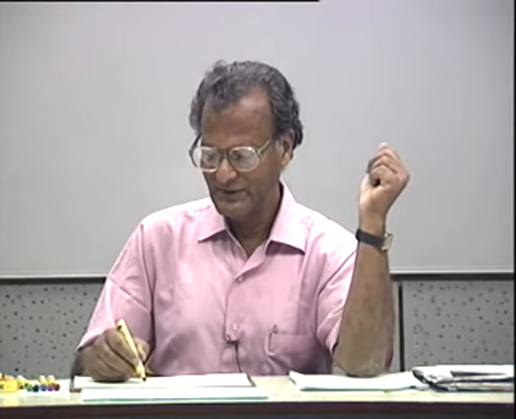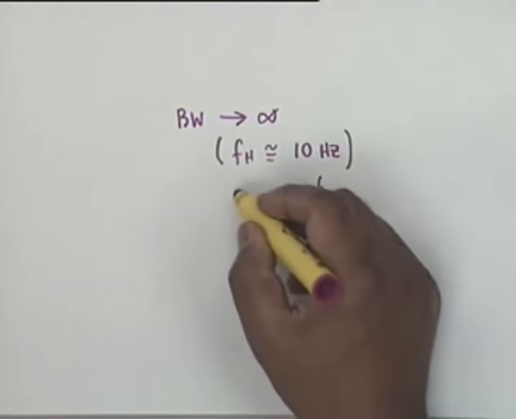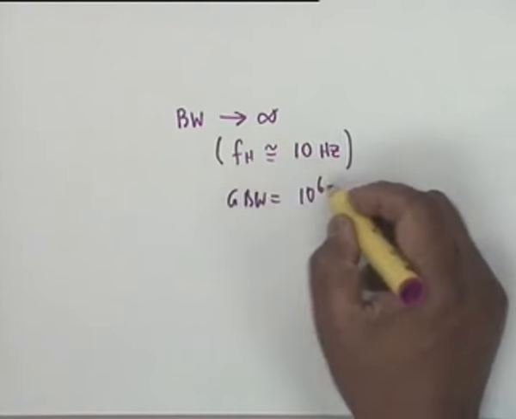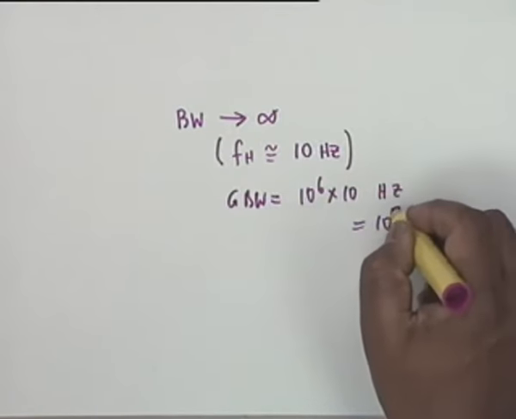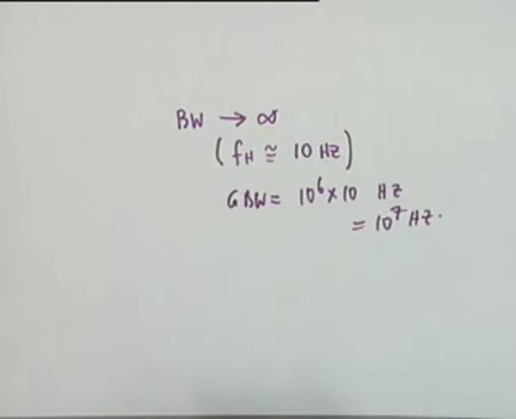The question is, how do you use an op-amp then at 100 kilohertz or 200 kilohertz? What we do is we apply negative feedback to decrease the gain and increase the bandwidth. The gain bandwidth product, for example, if you have a gain of 10 to the 6, then GBW is 10 to the 6 multiplied by 10 hertz, that is 10 to the 7 hertz. So if you want a gain of 10, then you can go right up to 1 megahertz, no problem. This is how it is done.